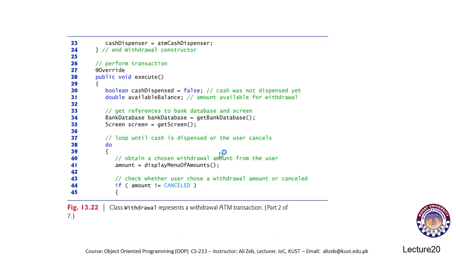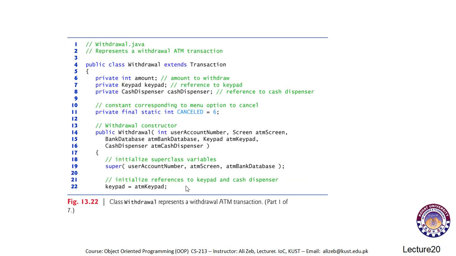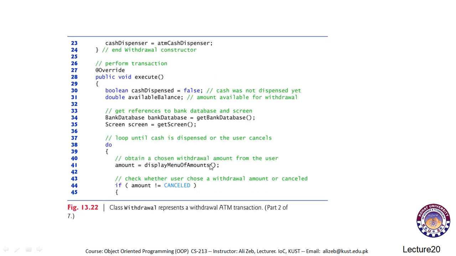So we have references to the bank database and the screen class through the super class. So we display the menu of the amounts to the user on the screen unless the user selects cancelled. For example, if the user selects cancelled, we can have another option like cancelled option as well. In the execute method of the withdrawal class, we display the amounts that the user can choose from, and we check that amount. We try to make sure that the user has not cancelled the transaction,